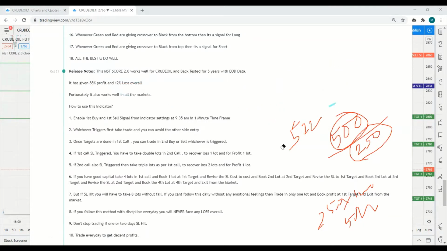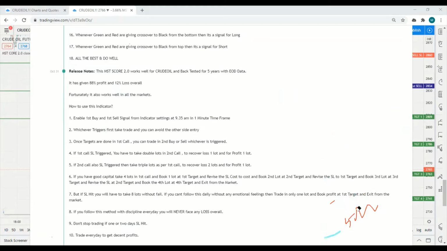My slogan in MST School of Trading is, trading is a business, not gambling. So what is a business? You have to invest more and you have to expect less profit, that is, reasonable profit. That is a business. Gambling means you invest a very small amount and expect a big profit. That is not reasonable, so that becomes gambling. So we request everyone to go for a business, not for gambling.